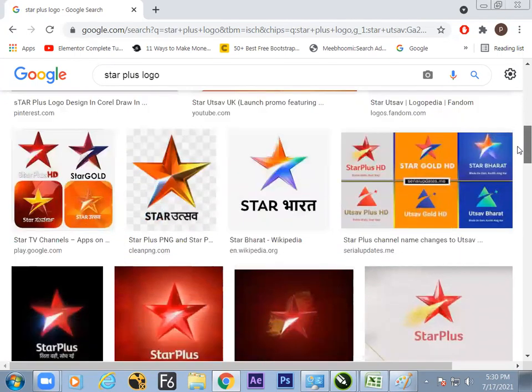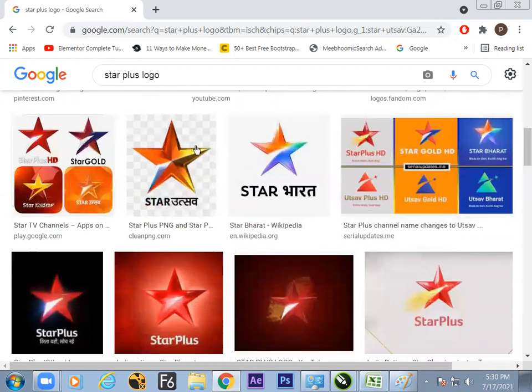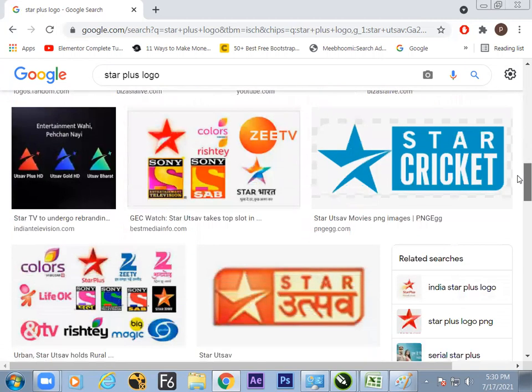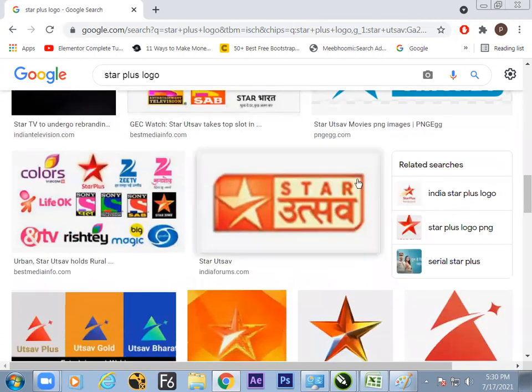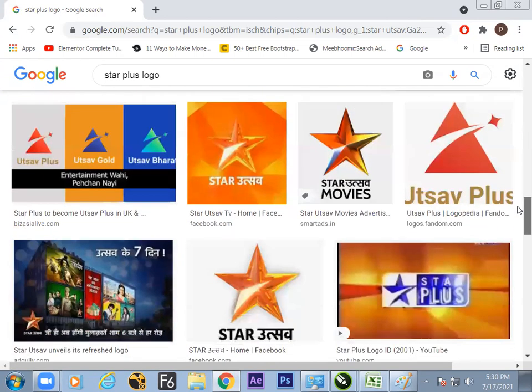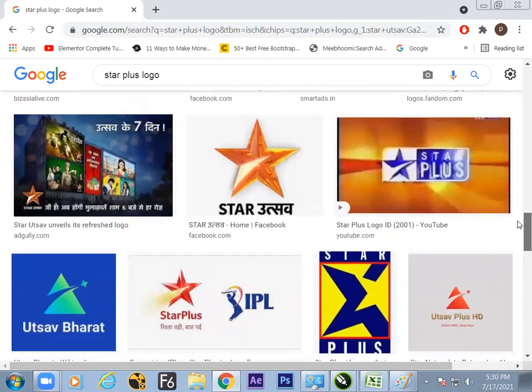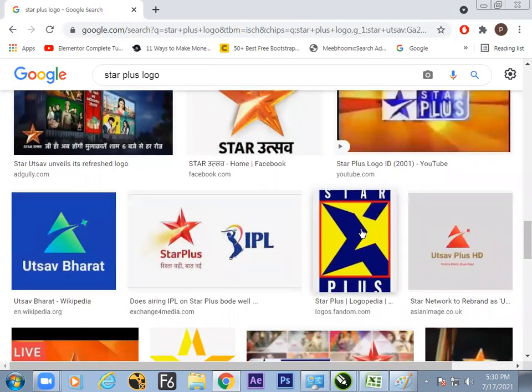So take the reference. Now break it up from the middle. Here a lot of styles of stars are there, so you can try it out. And so let's move. Take the reference and start working on it. In the first take, it will not happen. Nothing to get worried. There is one star cut with another star.